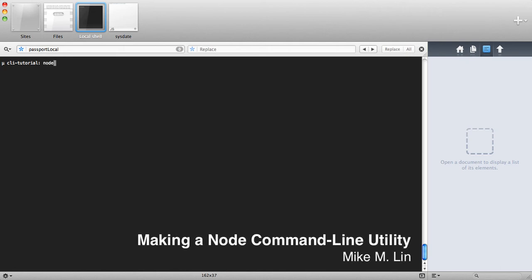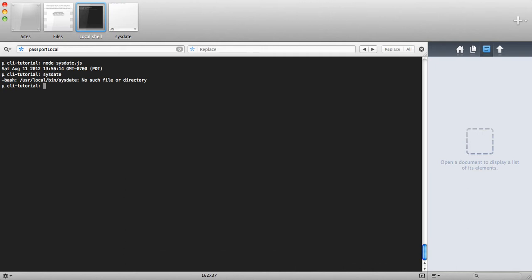So I've got this Node program called sysdate.js, which shows the current date and time. And what I'd like to do is be able to call it just using sysdate like that. Now the easiest way I think to do that is to use the npm link command. What the npm link command does is it takes a Node package that's local in your system and installs it